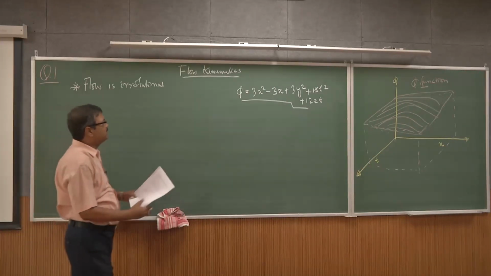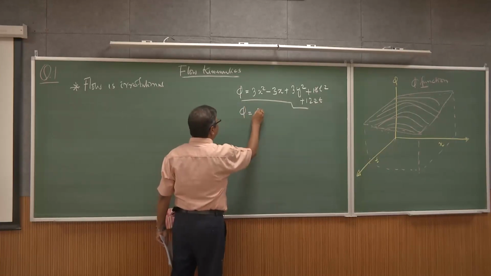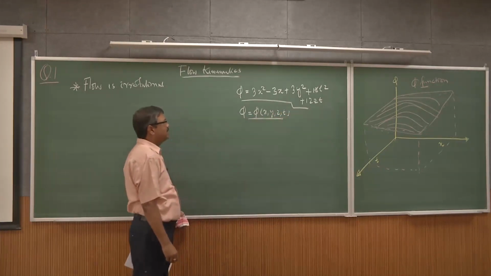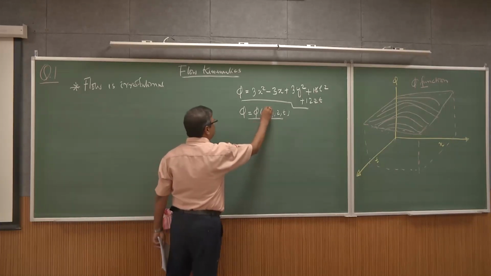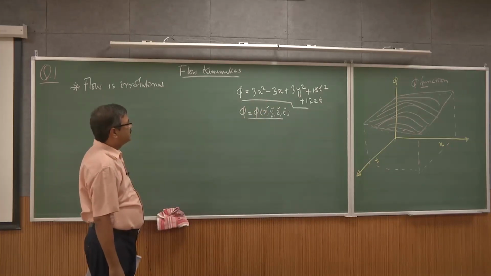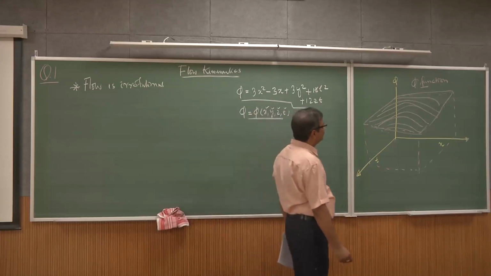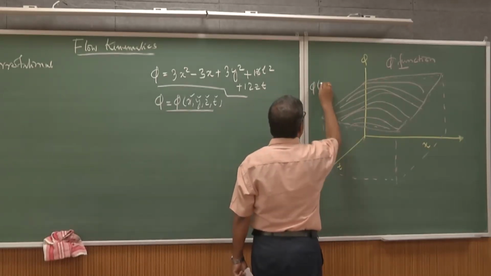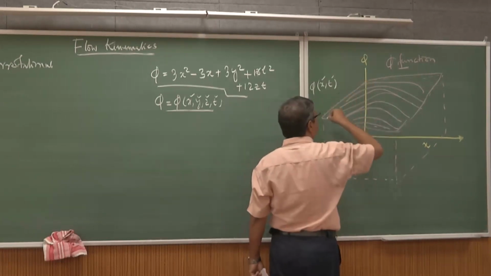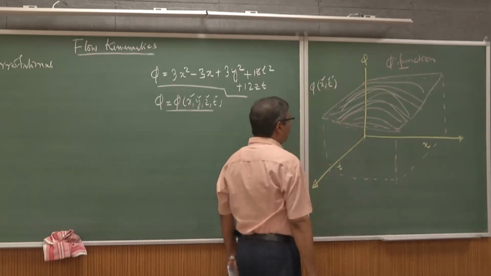That means for this velocity potential function, which is a function of x, y, z and t, the independent variables are the positions x, y, z and time t. Let me give a simple example: if the velocity potential is a function of only one space variable and time, a function of x and t,